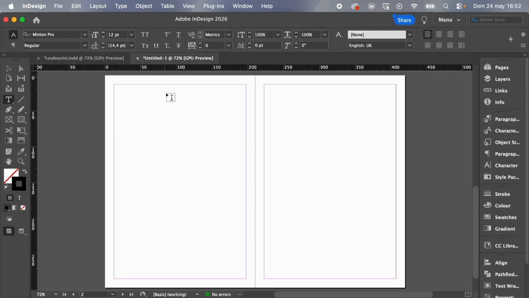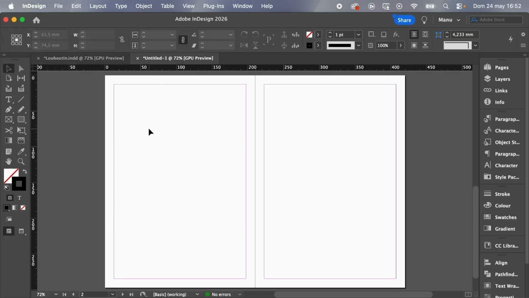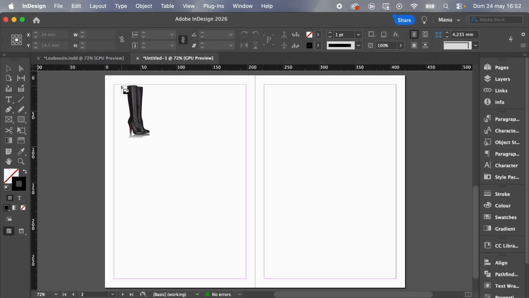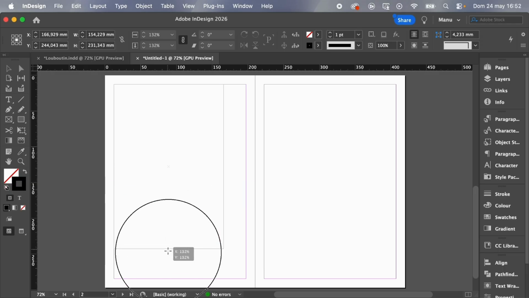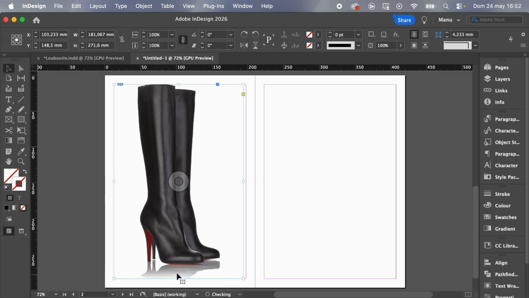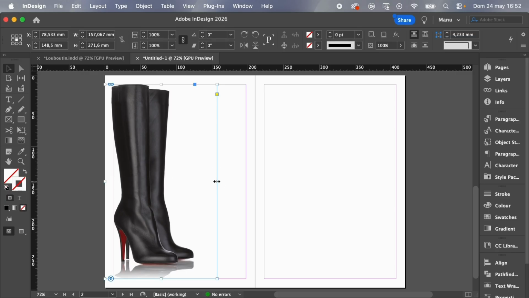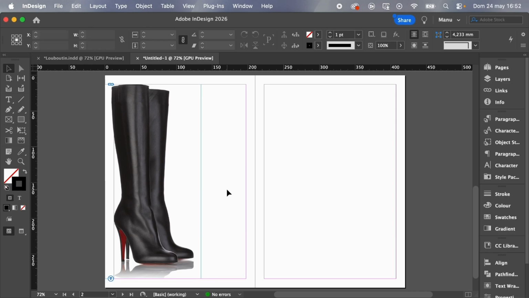So let's go. I go to my file and Command or Control D. I select the correct image, open. Then more or less I will start here and finish here. I will move it to the left using Shift, and more or less around here could be correct. I could close the frame of the image a little bit, and this is done.